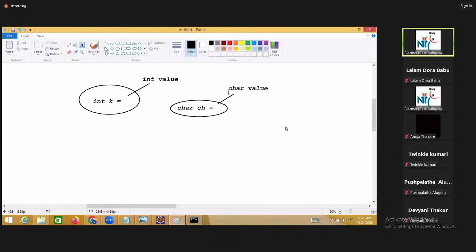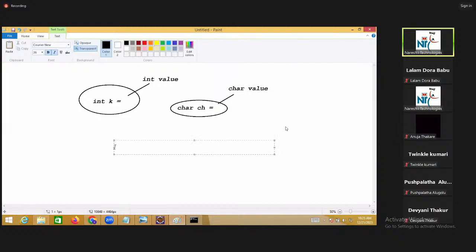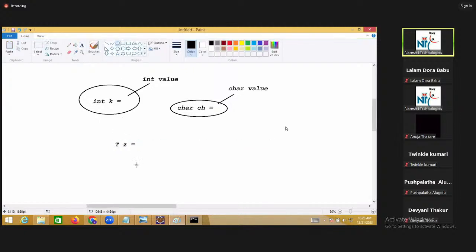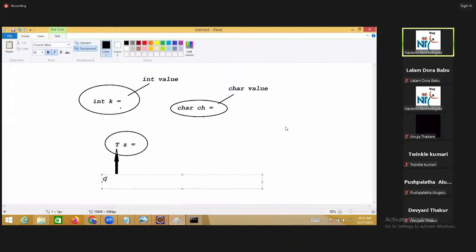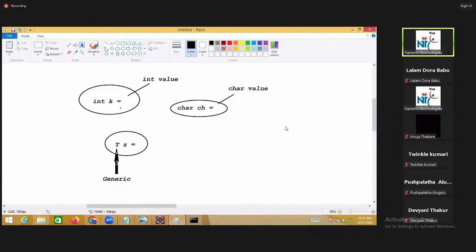All of you understood? Right. Now, I give one variable as T. I declared one variable with T. T comes under generic. This is generic representation. I gave one generic variable to you.